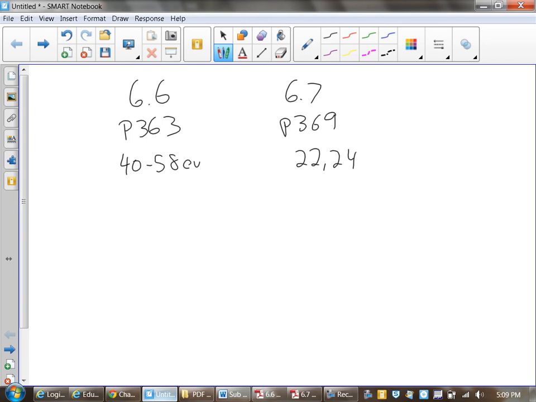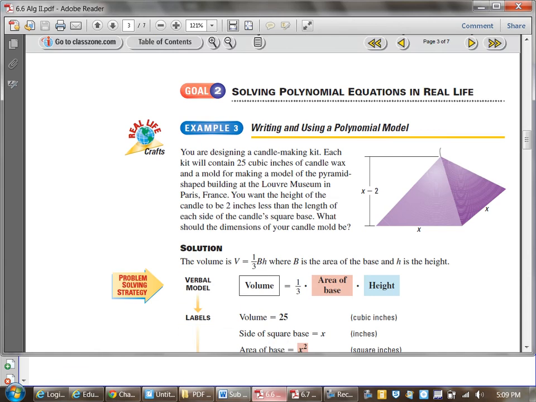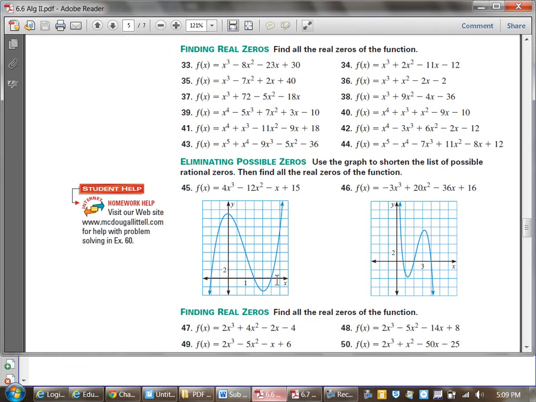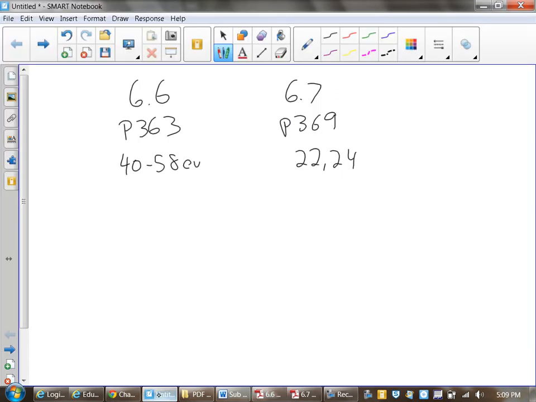So I hope that you guys had a good chance of working through finding your zeros using the remainder theorem. Remember, find all the factors of the constant divided by all the factors of the leading term coefficient. So let's look at a couple of quick examples from your homework. We started at 40, so let's start with 42. So when we look at number 42,